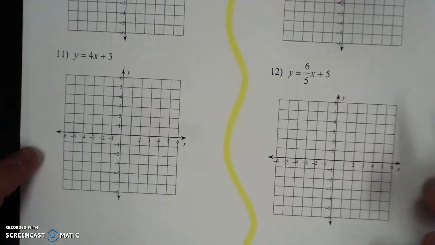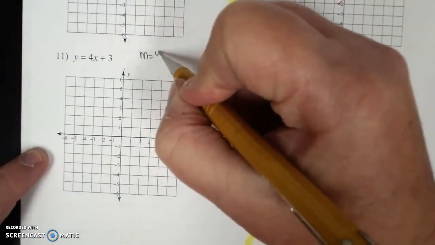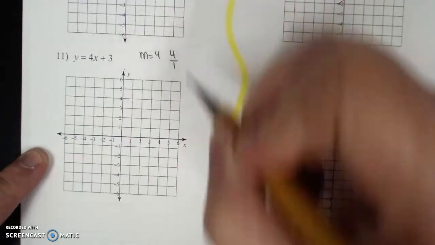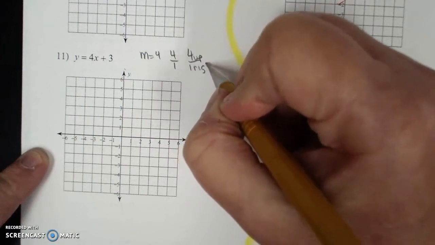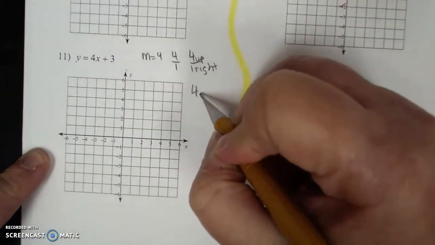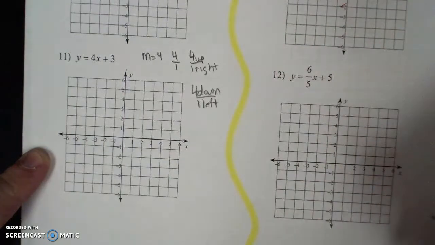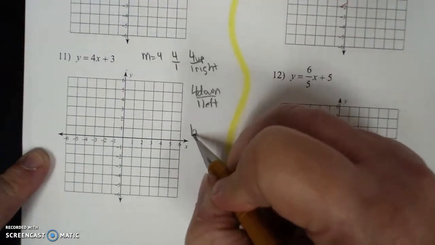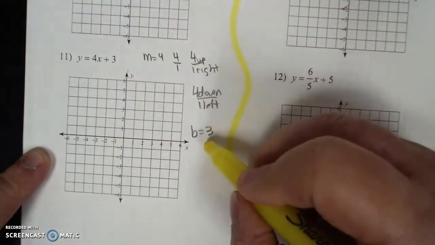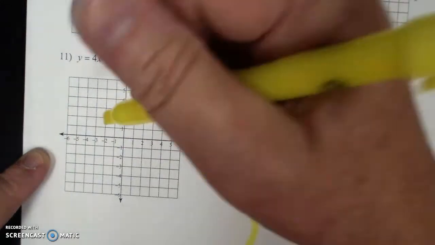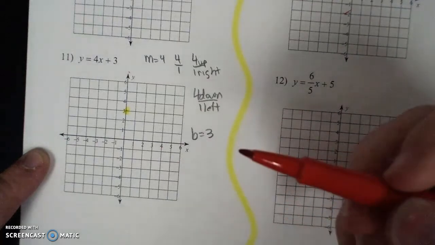Okay, here we go. 11. My slope is 4. Written as a fraction it is 4 over 1. So I go 4 up, 1 right, and 4 down, 1 left. And my y-intercept is 3. So I go to 3, and I'm going to go